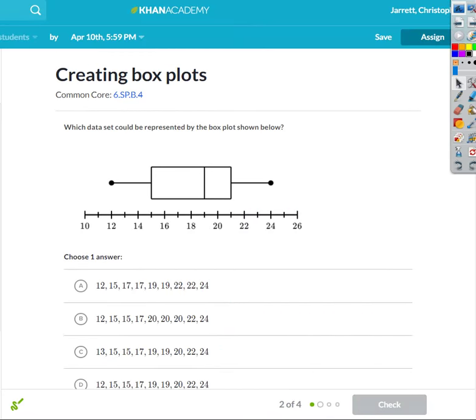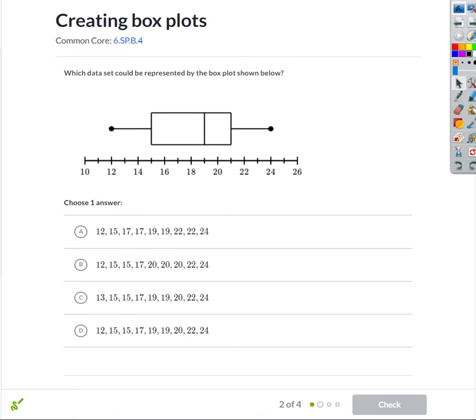So now they're giving us the box plot, and we just need to know which data set can be represented with this box plot. So let's see what happens. We now know that the minimum of our data is 12. We know the maximum. I only do these first not because you have to, but because they're obvious to find. So the minimum is 12, the maximum is 24,